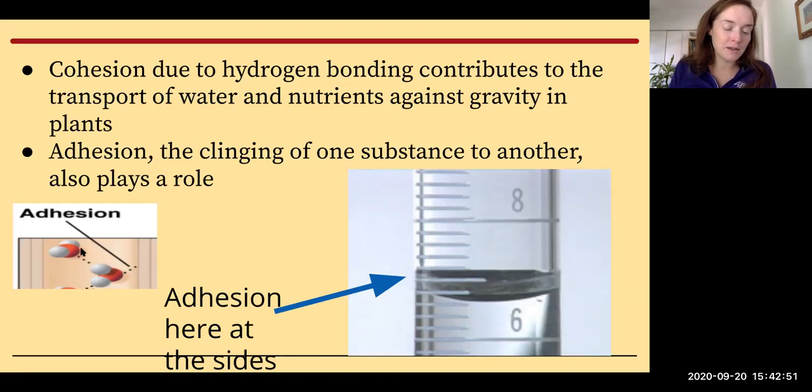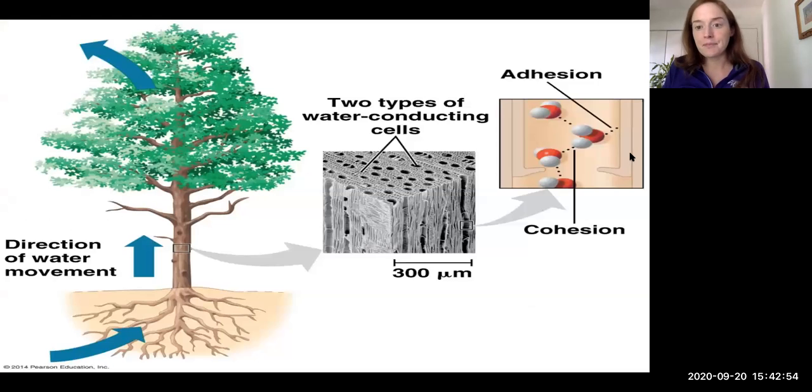So here, this is a great little diagram coming up where you can see cohesion, water hydrogen bonds attracted to itself, the slightly positive hydrogen is attracted to the slightly negative oxygen, and then adhesion, the slightly negative oxygen is attracted to or hydrogen bonded to some positive charge in these types of cells called xylem. It's the tissue of the plant where water and other dissolved minerals move up a plant. Okay, against gravity,